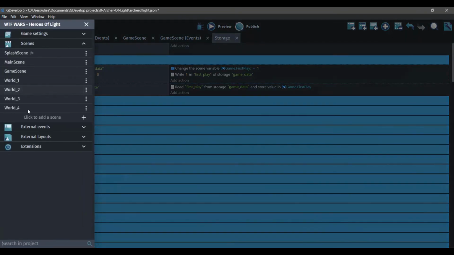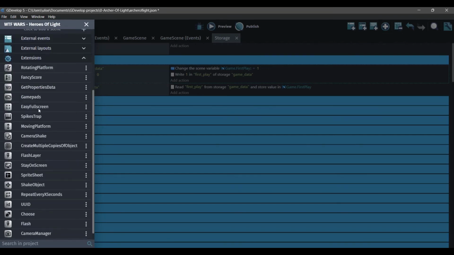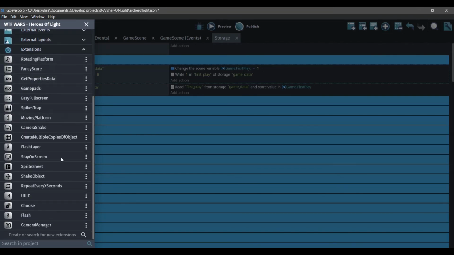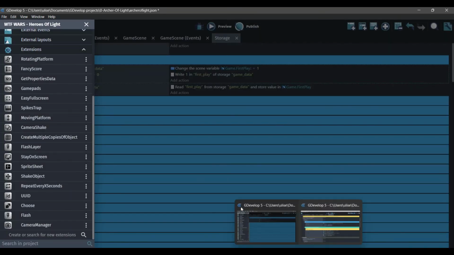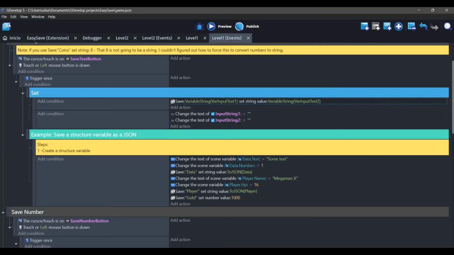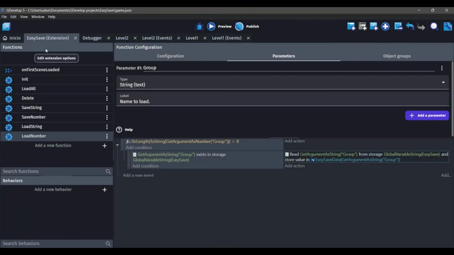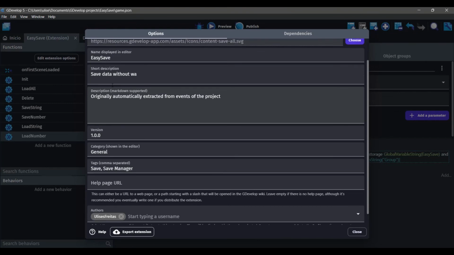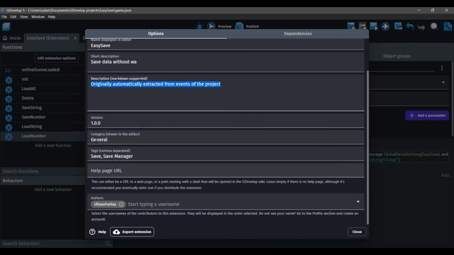I don't know if I have the extension here. No, I think I don't have it here. And I think I didn't export either. EasySave. Okay, I didn't export because I don't have here the documentation or the URL,